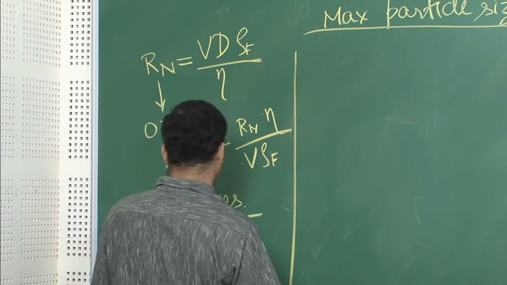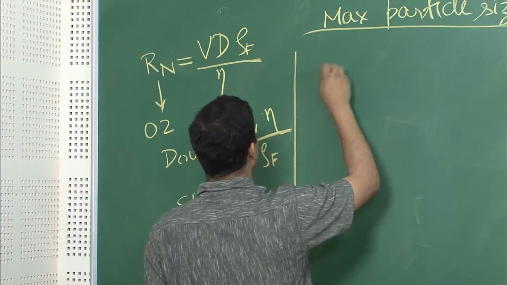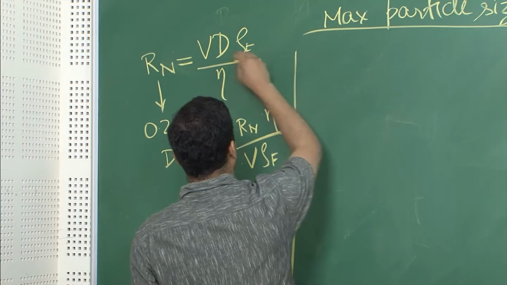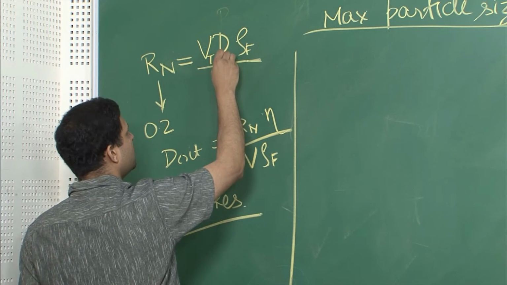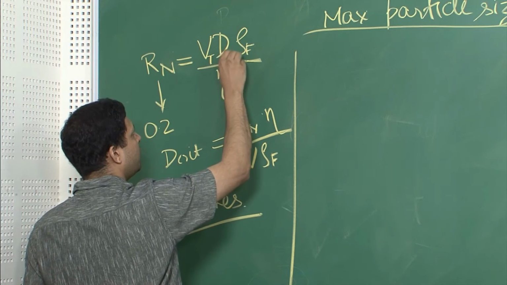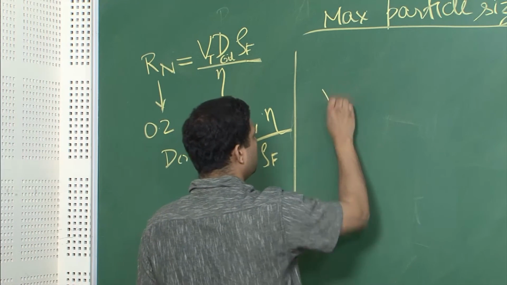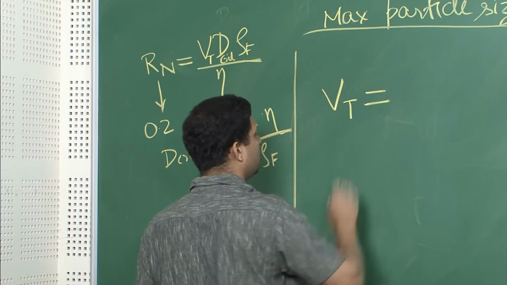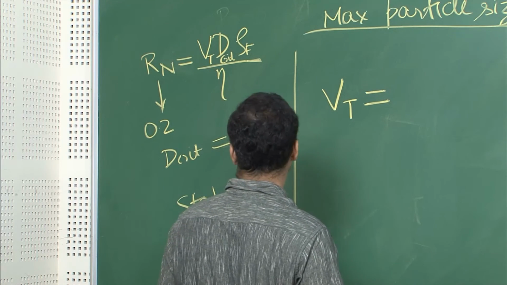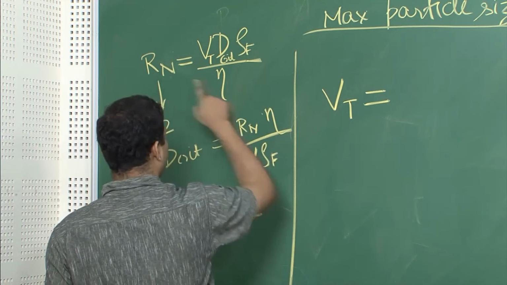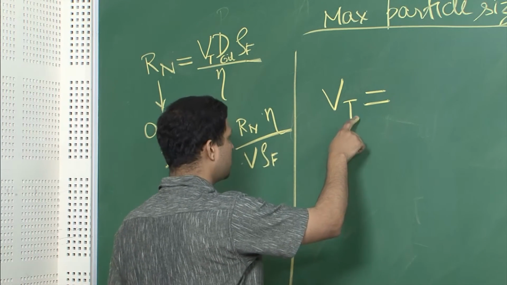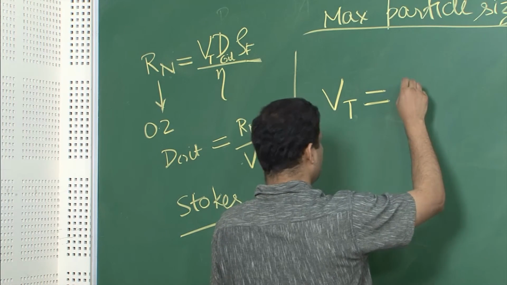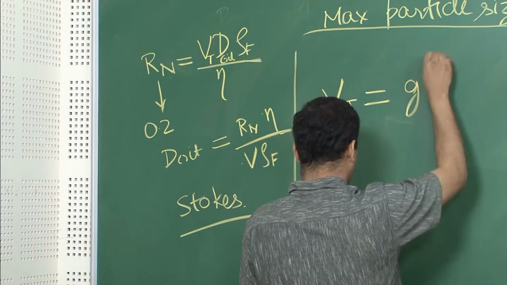For that, we will calculate the terminal velocity, which is over here. Let us say this is happening at some terminal velocity Vt for this critical diameter d. So the Vt will equate to V, the critical value of V that is obtained from Rn, and, not the critical but the terminal velocity that we obtained from Stokes law. So we put them together and we get